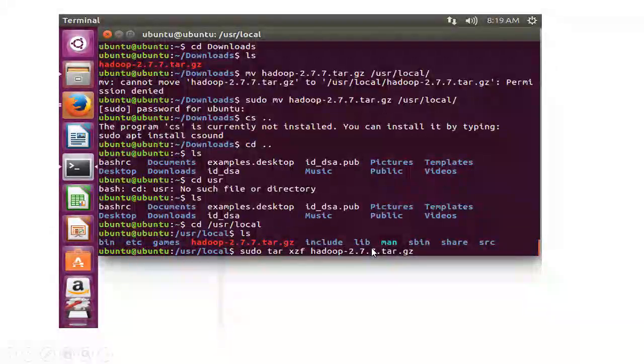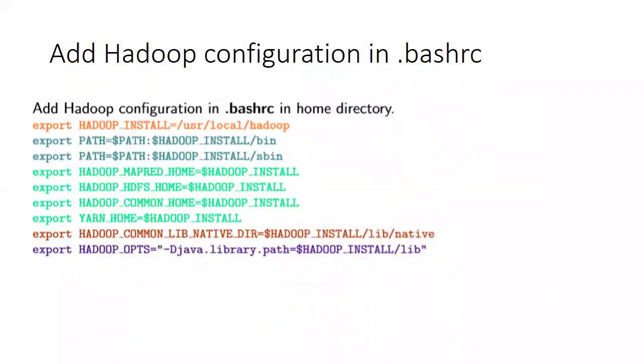The extracted file is sent to the user local directory path. Once it is available under user local Hadoop, we have to set up the Hadoop path, like Java, in the .bashrc file. Here also we can set up a path for Hadoop in the .bashrc file. You can see here we are using the export command, export HADOOP_INSTALL. The Hadoop installation path is the directory where Hadoop is installed, named user local